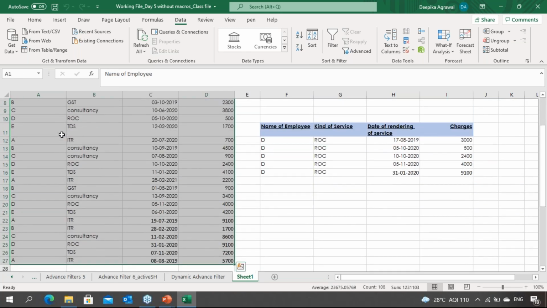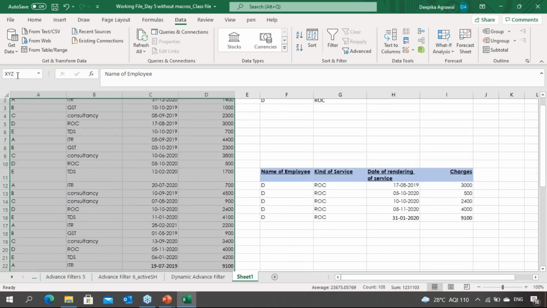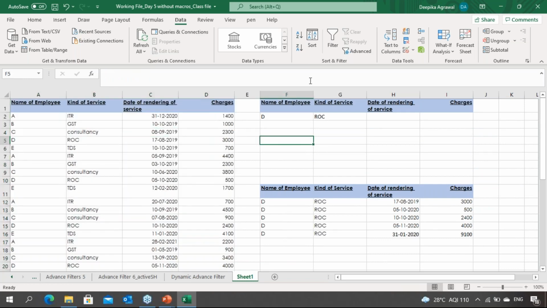आप सब भी अपना डेटा सिलेक्ट करेंगे। So once you select the data, यहाँ आपको लेफ्ट कॉर्नर में A1 लिखा हुआ नजर आ रहा होगा। A1 is what? A1 is your cell number. सेल का नाम जो है A1, इसको चेंज करेंगे। इसको हम चेंज कर लेते हैं XYZ। मैंने इस टेबल का नाम XYZ दे दिया है, और एंटर।